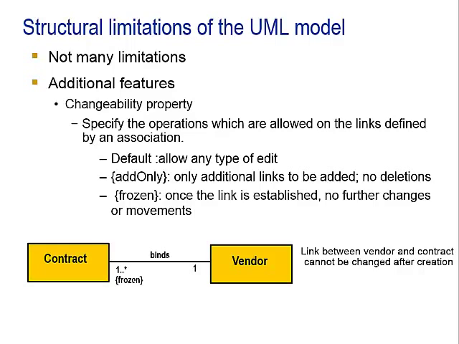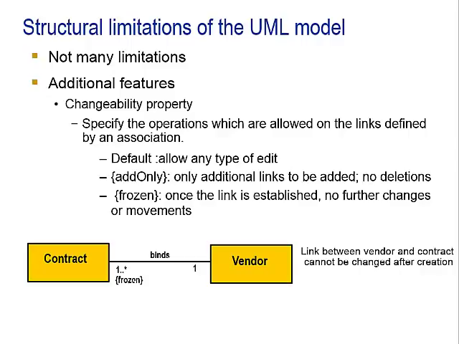Not many structural limitations are available in UML model. In fact, using all kinds of add-on constructs, you can even model more semantics in UML. One of them is a changeability property. This will specify the operations which are allowed on the links defined by an association. The default changeability property is allow any type of edit, but you can also specify the changeability property as add-on, which means that only additional links can be added, no deletions are tolerated. You can also qualify the changeability property as frozen, which means that once the link is established, no further changes